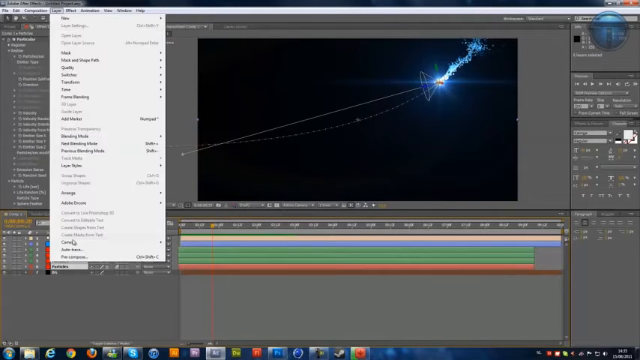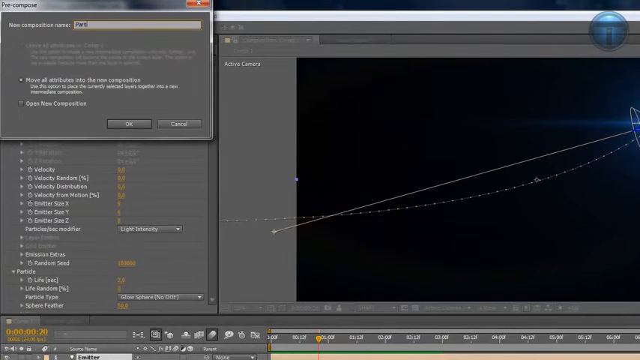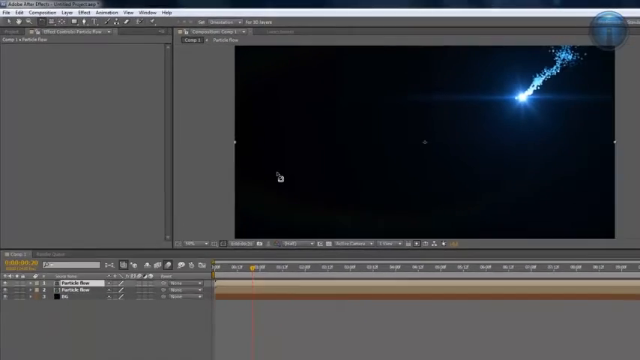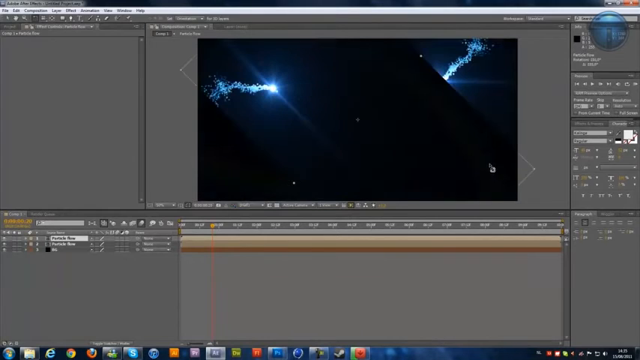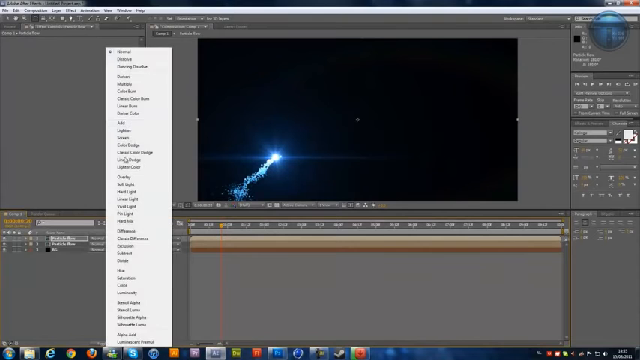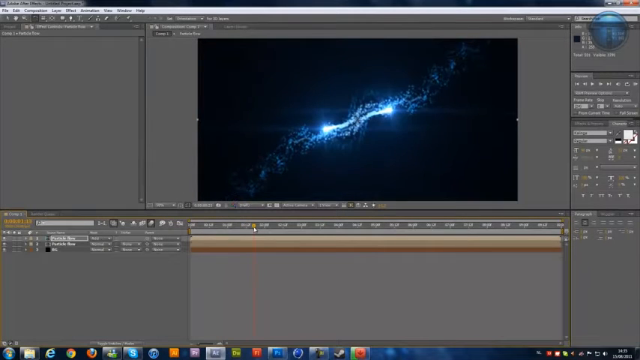So okay, now we're going to select all these things except for the background, and we're going to layer, pre-compose, and do this as a particle flow or whatever. And then we're going to duplicate this, going to the rotation tool, and just rotate it 180 degrees, and then also press F4 on the keyboard and mode add. And now you have two of these coming together right over here,